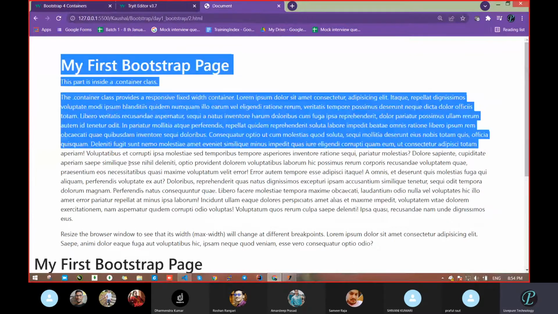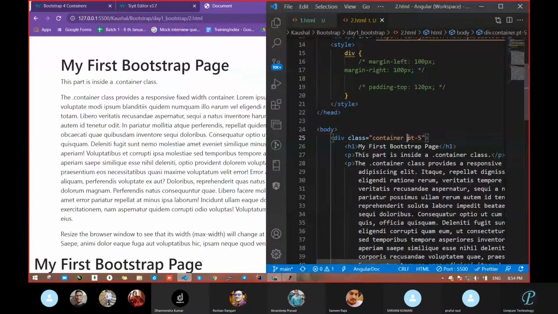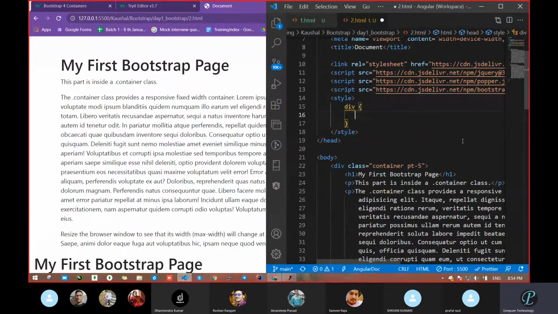Whatever we had added here in HTML, I want to pass some border. How can you pass it with the help of CSS? I want to pass a border for that particular section. So we use border. Give our class a name, like div underscore border underscore container.